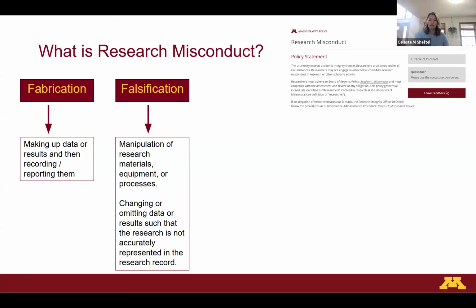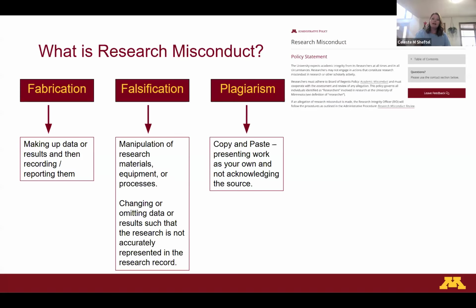The falsification of data, manipulation of research materials or equipment or processes, changing or omitting data such that the results are not accurately represented, and plagiarism, copy and paste, presenting work as your own without acknowledging the source. And so these are the three things that make up research misconduct. And while these three things are really, really detrimental to research, they're not the only things that can hurt research